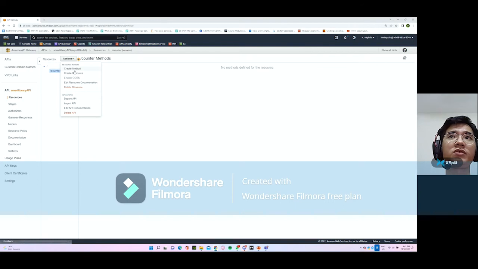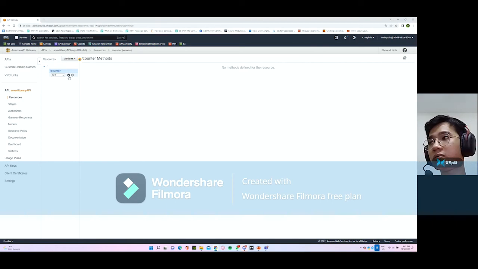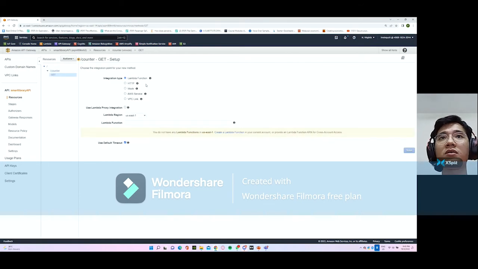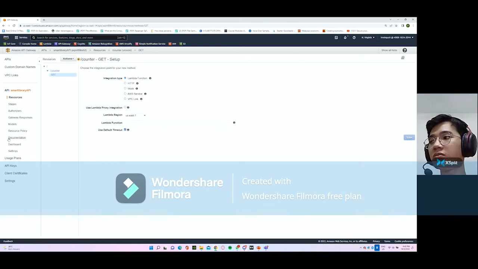Furthermore, we will be creating a method for the API. This will be a GET method. And for the API, we will link it to a Lambda function. However, the Lambda function has not been created yet.